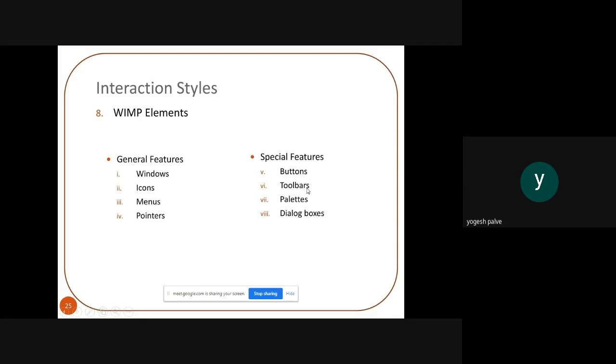The use of a toolbar is that the user can understand what exactly task he wants to do. The toolbar provides the user the task he wants to do in the application. Then palettes and dialog boxes.